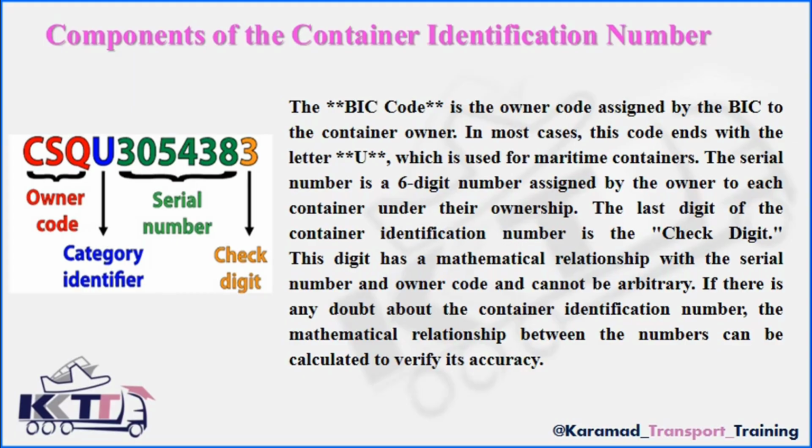That means if you look at most containers, you'll see that the first 4 letters, which are Latin letters, end with a U. This is usually used for containers. The serial number is a 6-digit number. As you can see, it's shown here in green in the figure, and finally there's an orange number labeled as the check digit, which is the matching number. As you can see, it's mentioned here as well. This number has a mathematical relationship with the serial number and the owner code, and it can't be chosen arbitrarily. If you have doubts about this identification code, you can calculate the mathematical relationship between the numbers and verify its